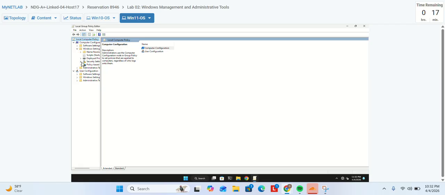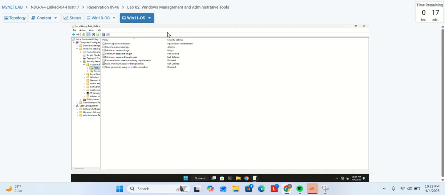To click the Windows setting and the security setting. Then I see the account policies. Then I will go to the password policy and then I'm going to